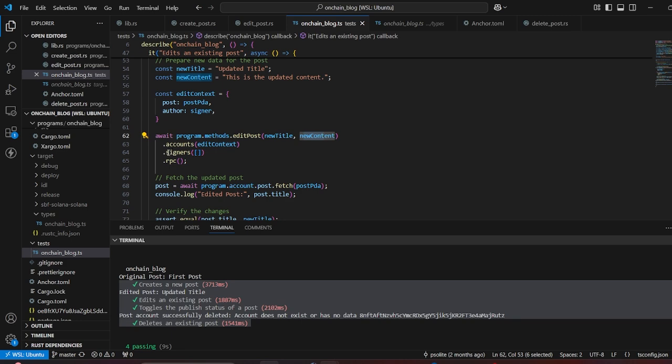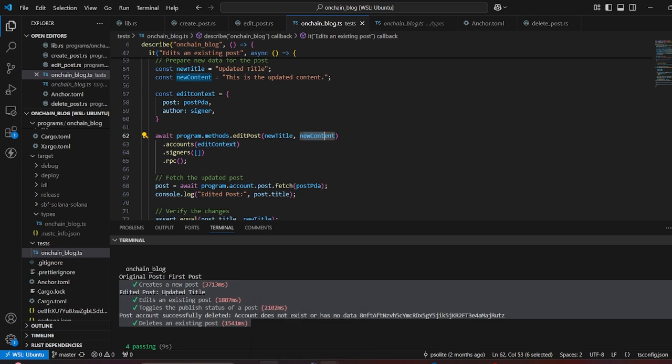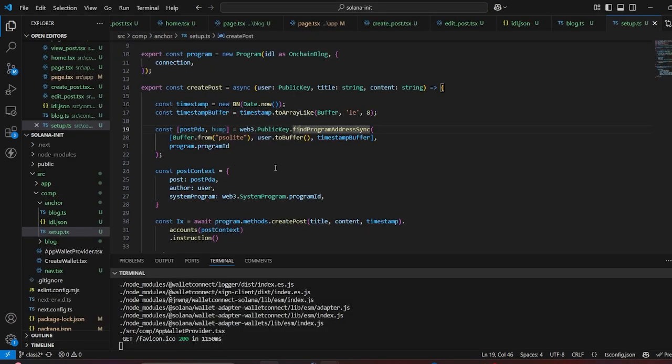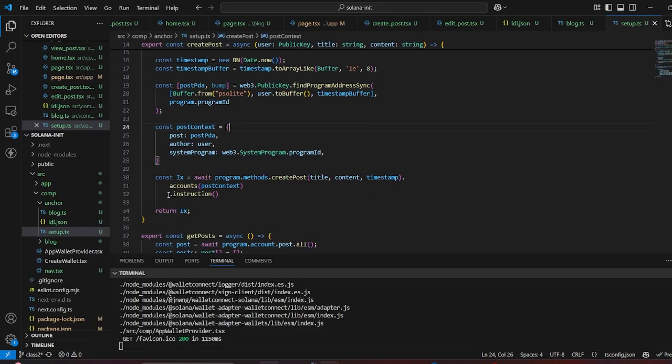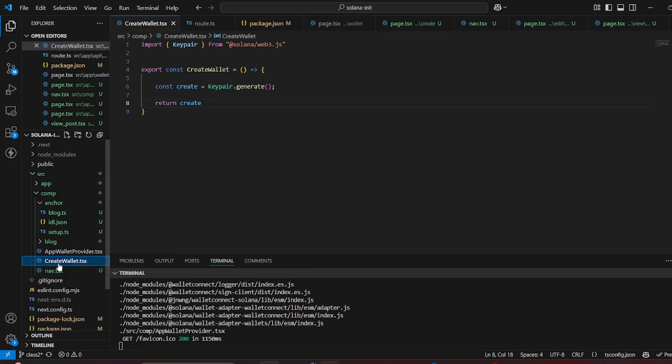So the new title and the new content can be here, and then how we did it in the front end, we change this to instruction, just by adding instruction here. Then we return the instruction. So in the front end,